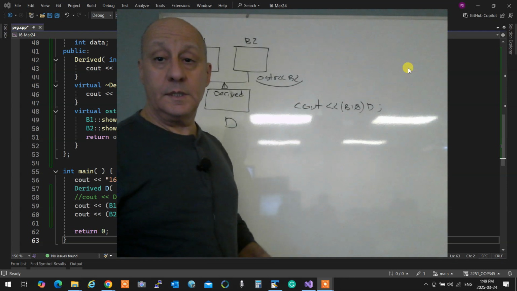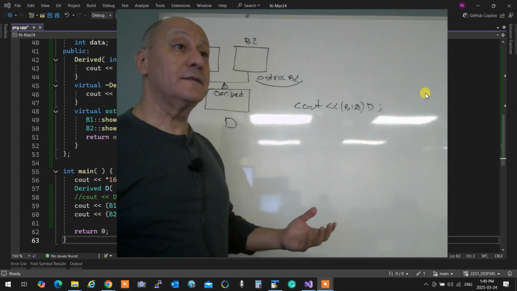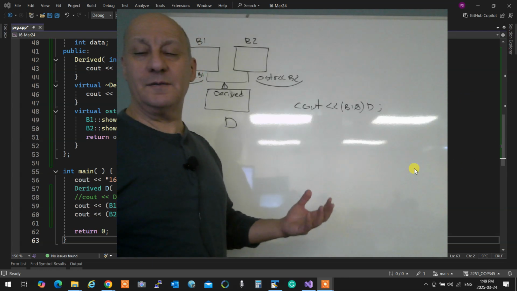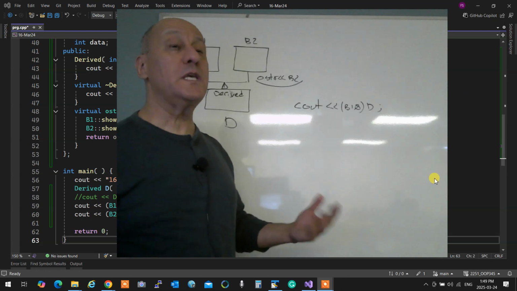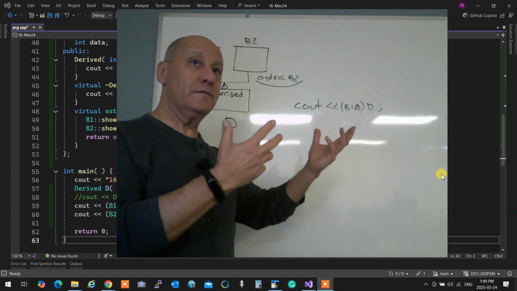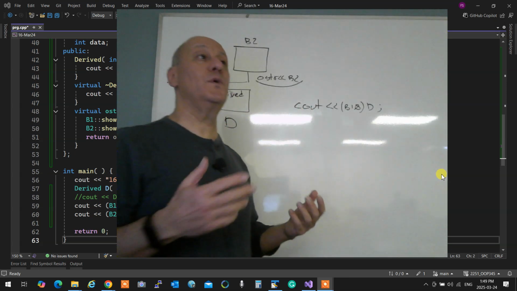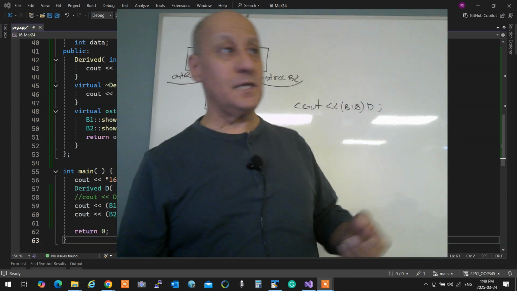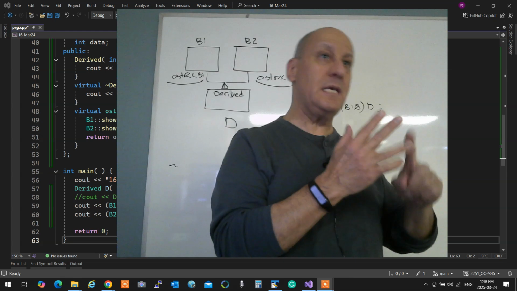So that's the first problem with multiple inheritance. You have to be careful and see how virtuality is taken care of. That's one of the reasons that when you are working with iostream, you'll see that you have seekg and seekp.